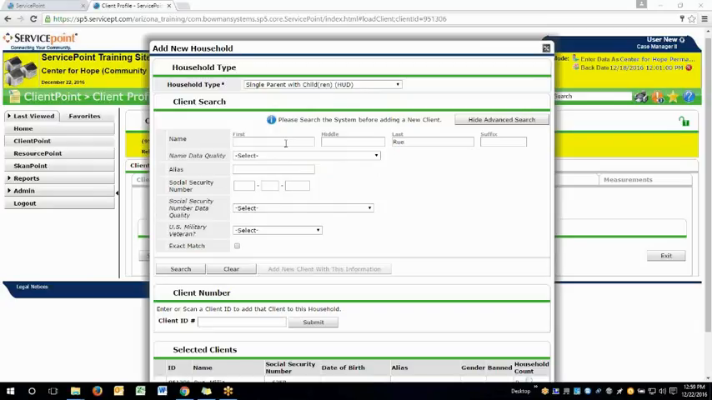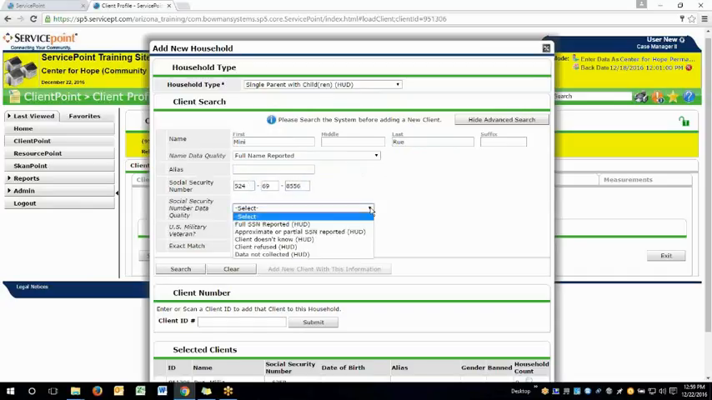Next, use the client search screen to look up other family members either by name or client ID number. Fill out the family member's name. Please note that if a family member's last name differs from the head of household, that's okay. You can change the last name to the appropriate last name of the family member. Continue by filling in the name data quality field, the social security number, social security number data quality,